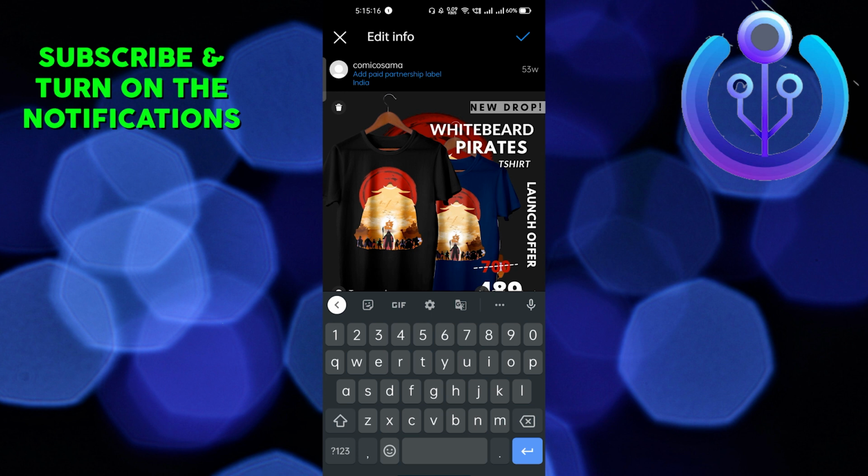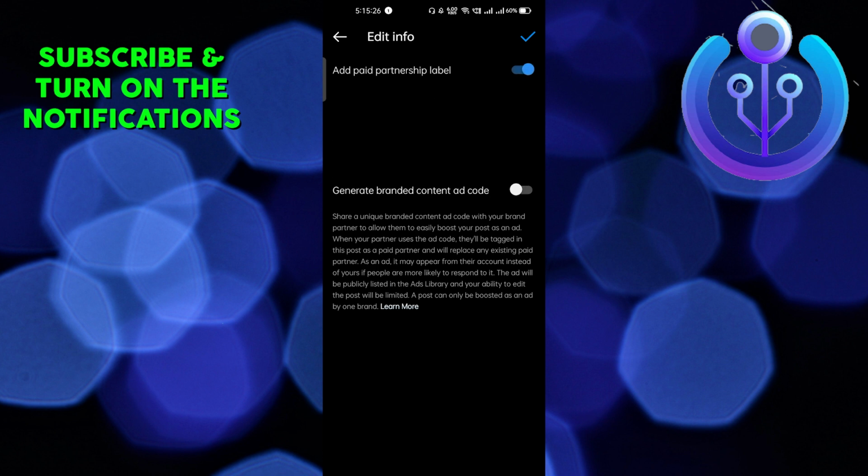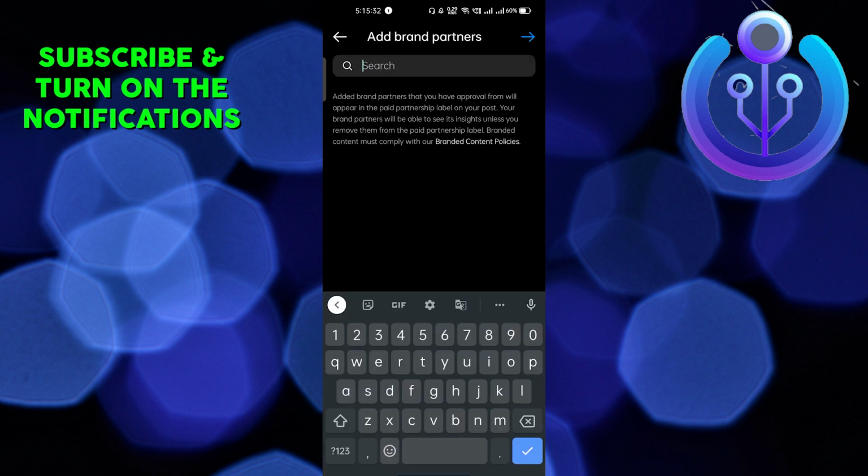But we have to add collaboration on the Instagram post. Here you can see that there is an option, add paid partnership label, right? So click on the add paid partnership label, and after that just turn it on. And here, after turning it on, you will get a new option, that is brand partner. So click on the brand partner, and here you have to select that ID with whom you want to collaborate,